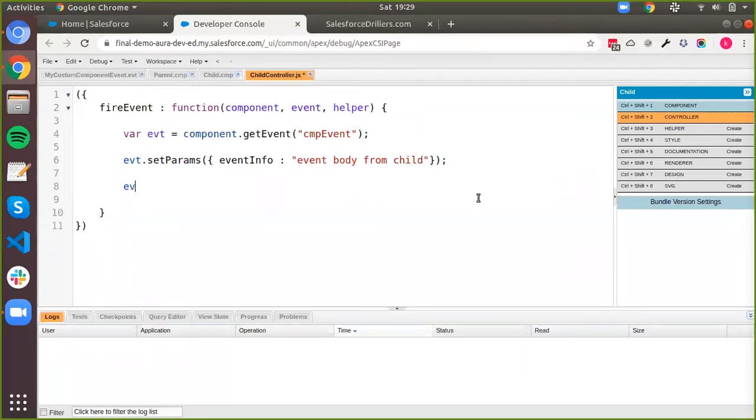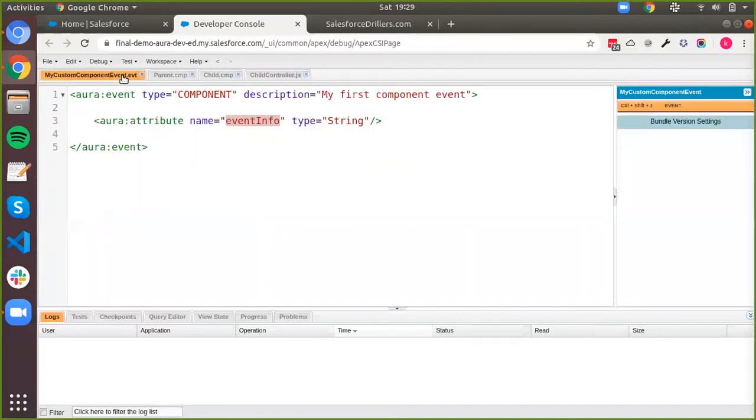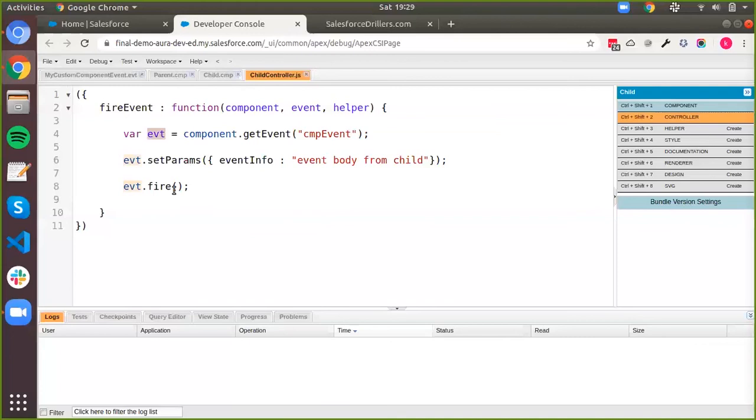And then I just do evt.fire. So this will get the event in a variable, ready, bind it, ready to be sent. We set the attributes inside of my event definition, and then we fire it off from the child.